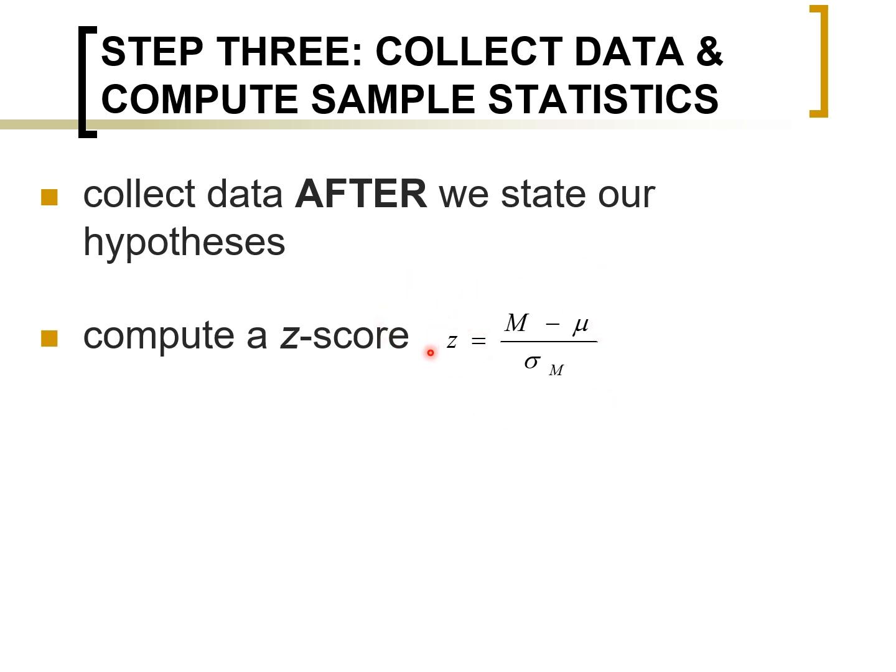And if we get a z-score, going back to the last slide, either above z of 1.96 or below negative 1.96, then it would fall in our critical region. We can reject the null and think that we have found a significant result, a real effect, if our z-score falls in the critical region.